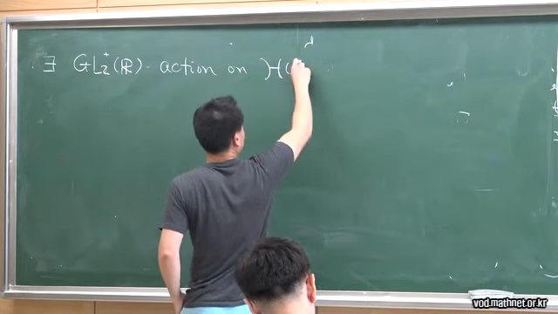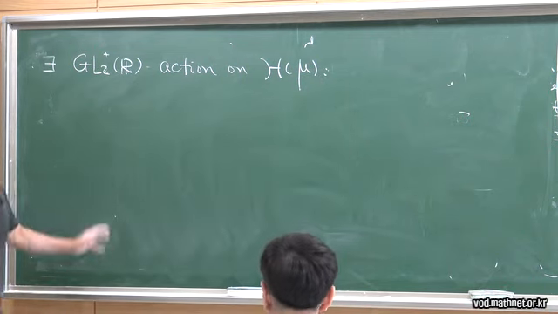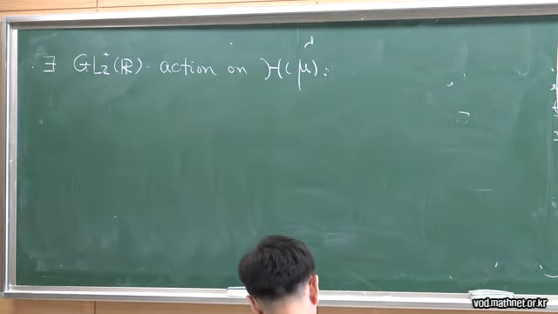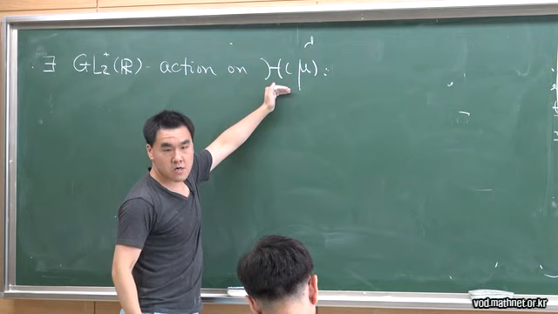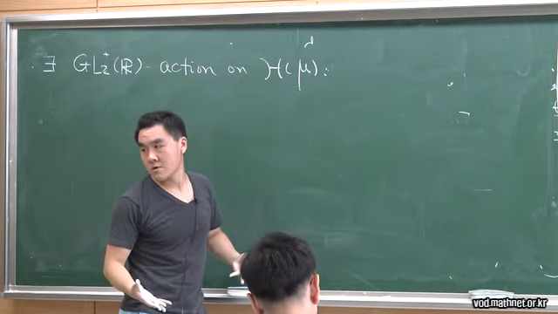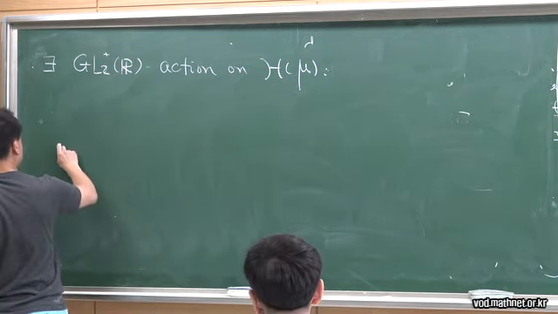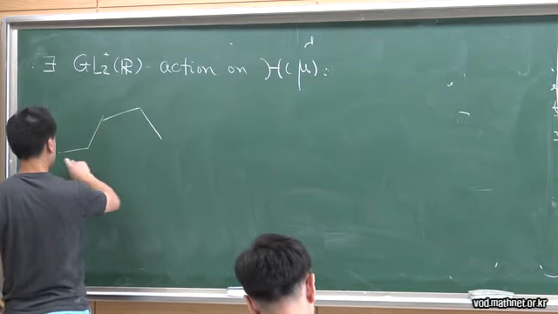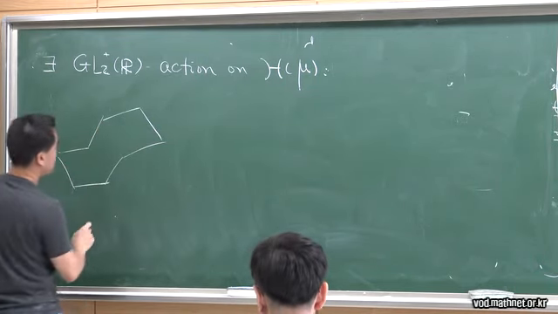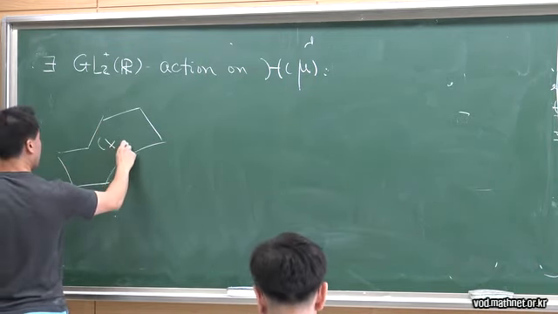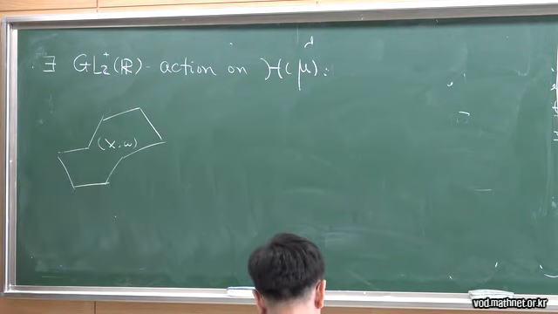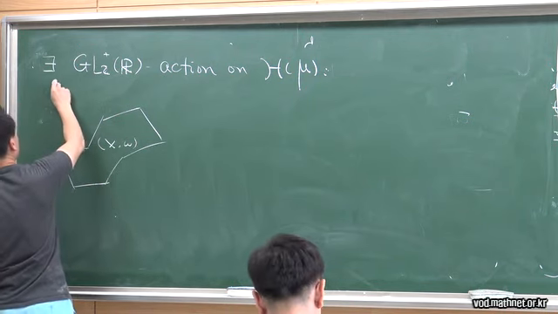Okay. This action is very simple. You just take a differential here and present it using this polygon model. Okay, I'm gonna just do this example. Suppose I have this omega, to represent this x and omega, as one point in H mu. And if you give me a 2x2 real matrix,